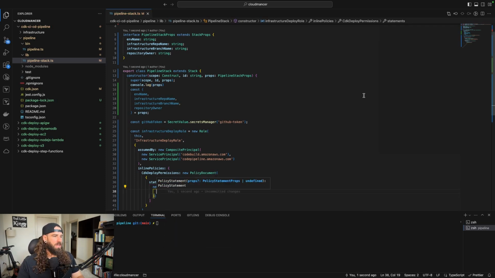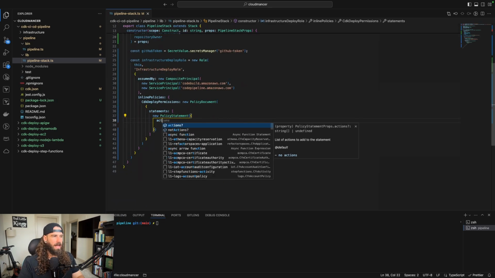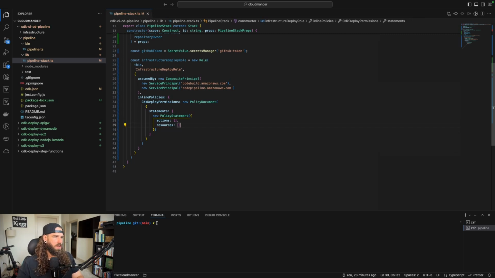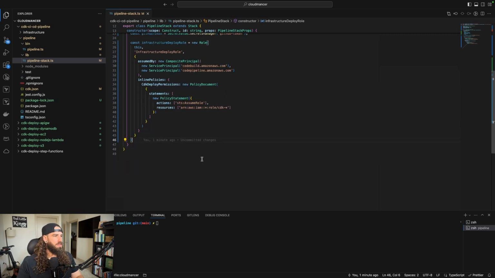Again, we'll pass another object into policy statement here, and that will include actions, which will just be an array of strings, as well as resources. That will also be an array of strings. Now the action is going to be sts:AssumeRole. We'll set resources just equal to this single ARN, and it will be a wildcard for any roles that are prefixed with cdk-. Bootstrapping creates maybe like 4 or 5 roles, and depending on how complex your infrastructure is in the infrastructure folder when it goes to deploy, you could potentially need all of them. So we'll just do a wildcard here so it can assume any one that it needs in any given deployment. Great, so there's our role defined.